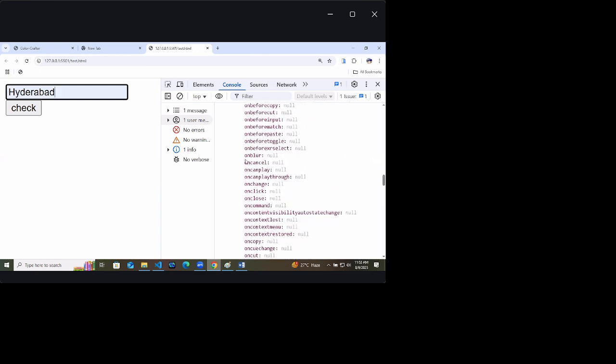These things. Onchange. The input box has one function that is called onchange. It means when something is changing in the input box.